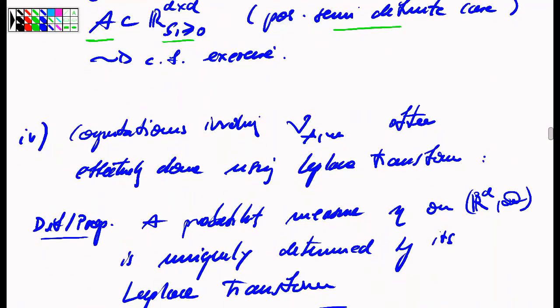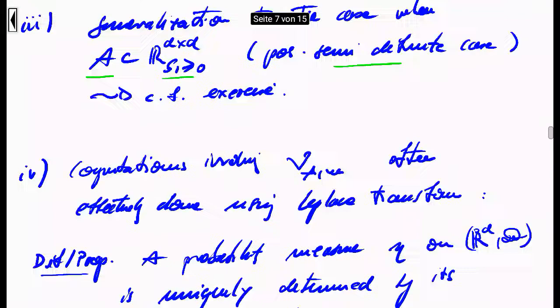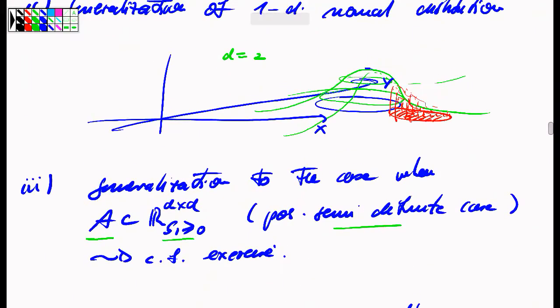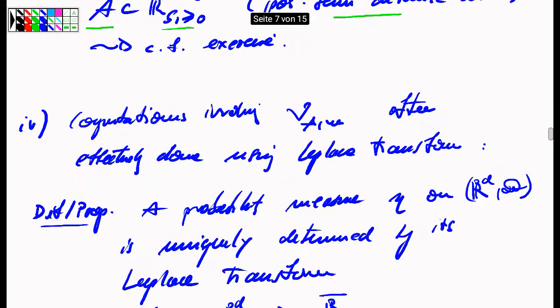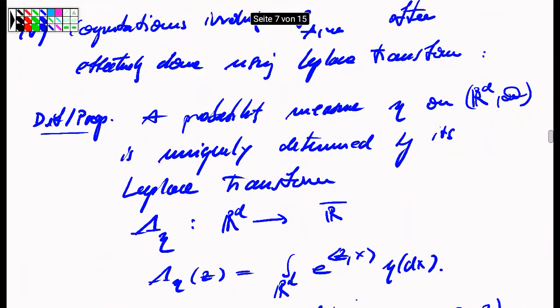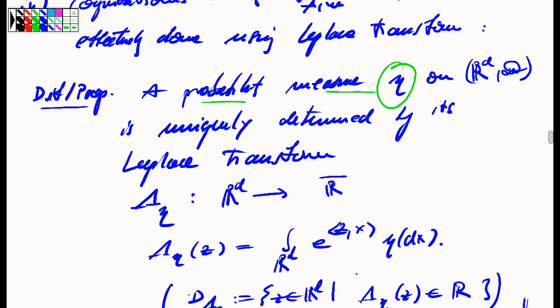And it is sometimes very useful when we do computations with such Gaussian measures, which are of course terribly important. It's sometimes extremely useful to do some computations using the so-called Laplace transform of a measure, in the case when the measure is a Gaussian measure. I recall to you the concept of a Laplace transform of a measure which lives, for instance, on d-dimensional Euclidean space. So suppose you have a measure eta in d-dimensional Euclidean space, then we can use this measure eta to define a new function lambda eta, which is called Laplace transform,